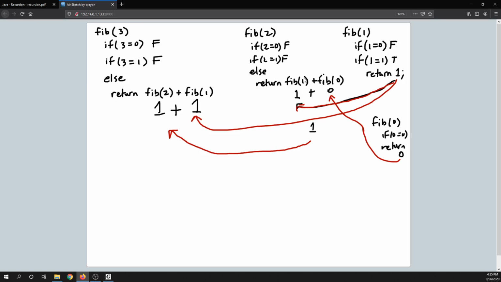So Fibonacci 2 would return this 1. That 1 gets sent back over here. And then that gets evaluated, and finally this returns a 2. So in the previous case, when we were talking about the factorial,